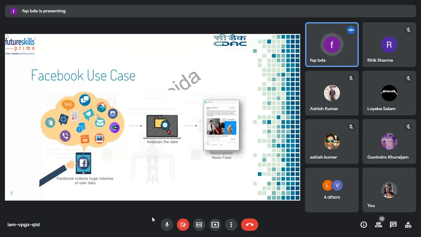Okay, this is one of the examples. Let's take Facebook as an example. I hope you all have used Facebook, because now people are more into Instagram, Twitter, and Snapchat. You are all aware of Facebook, right? You must have created IDs on Facebook some day. Good.